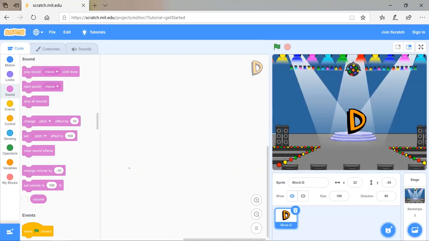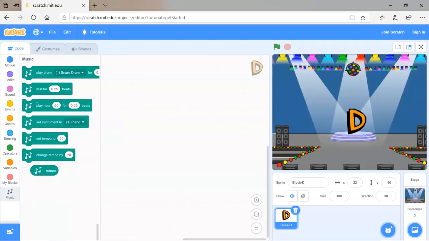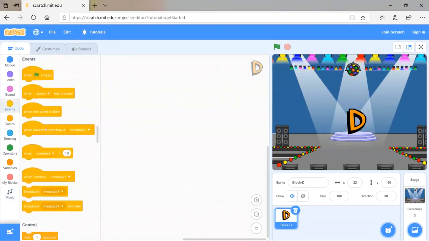Okay, and then we need to come down here and add what we call an extension. And we want the music blocks. Okay, so we've got some music now that we can put in, and we need to add our code. So again, it's going to happen when we click on the sprite. So we come back over here and we go to our yellow. When this sprite is clicked,